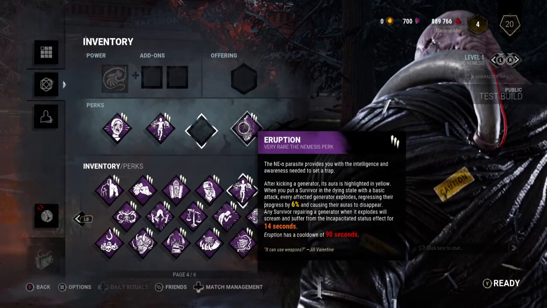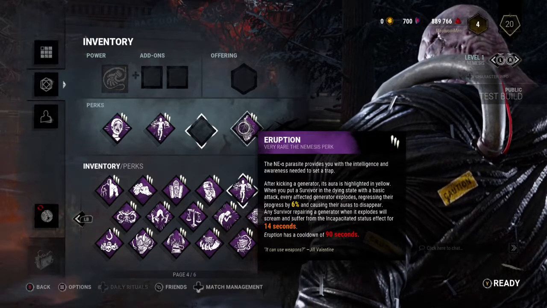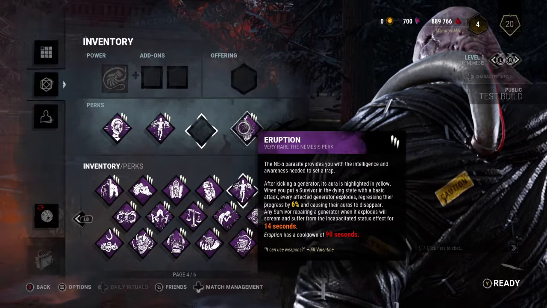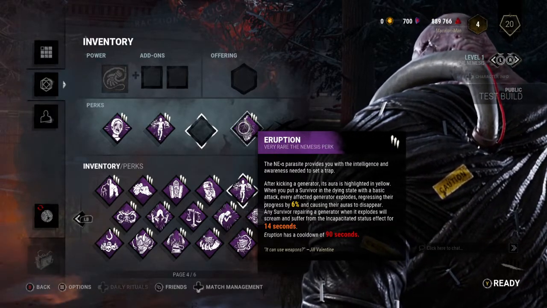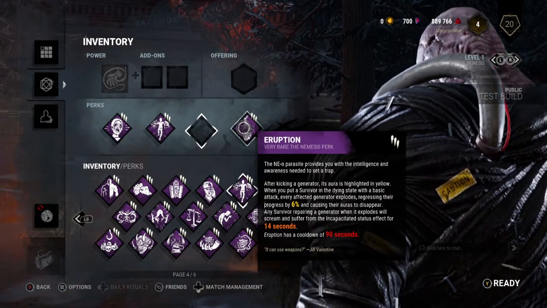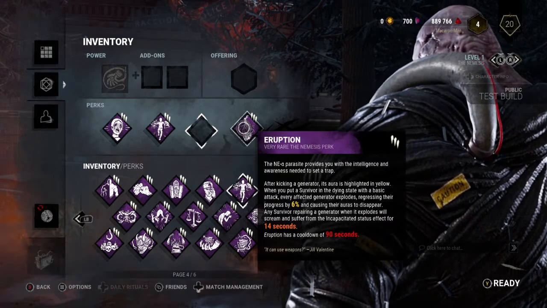And if you guys remember, what that does is essentially when Victor's on your back, you can't work on gens, you can't heal each other, you can't pick up items, you can't drop items, you can't leave through the gate. That's pretty much what the incapacitated does. It does have a cooldown of 90 seconds. From reading the perk, what I'm assuming is it has to be the highlighted gens for the ones to explode, because it says after kicking a gen, its aura is highlighted in yellow. And then affected gens explode, regressing their progress. So every gen that you have kicked